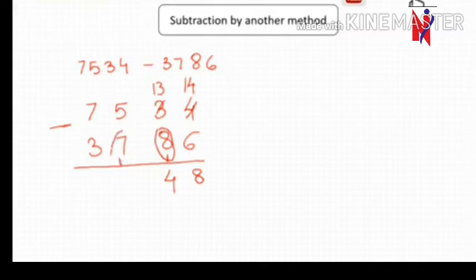Directly what you will write children? See, 7 plus 1 is 8. You have to do it here, and 5 you will write 15. Directly you write 15. So 15 minus 8, because 7 plus 1 is 8. 15 minus 8 is 7. Sorry children, 15 minus 8 is 7. And 7 minus 3, no, you will add 1 here also, because the number which you were supposed to carry up, you are adding it with the below number.